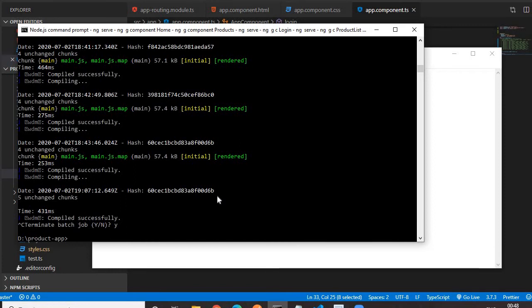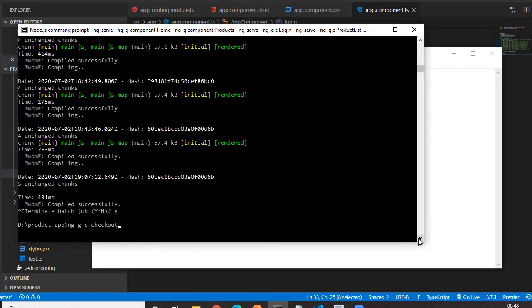Here, to create a new component, we use ng, g for generate, c for component, and any name of your choice. Let me give the component name checkout.